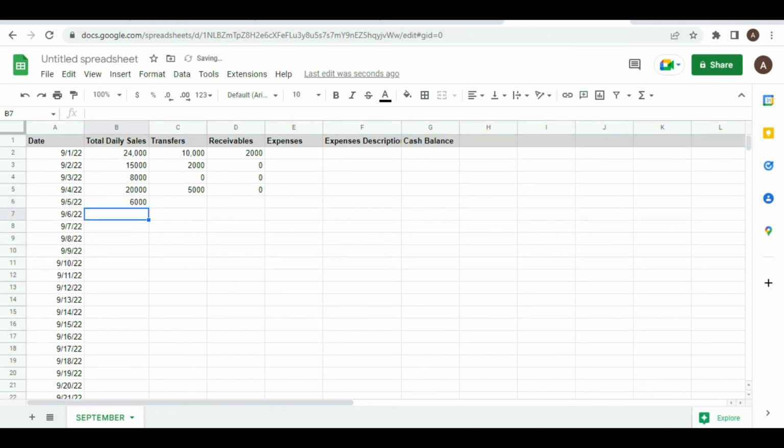When you are using this sheet, you definitely want to be auto generating. So make sure you have accurate figures for your total daily sales. It is very, very important to have accurate figures.